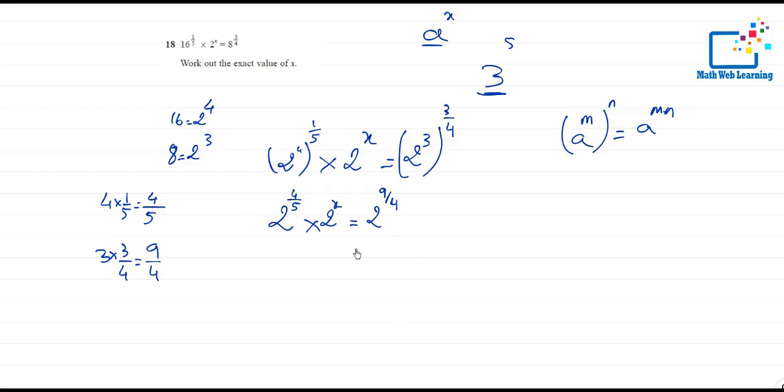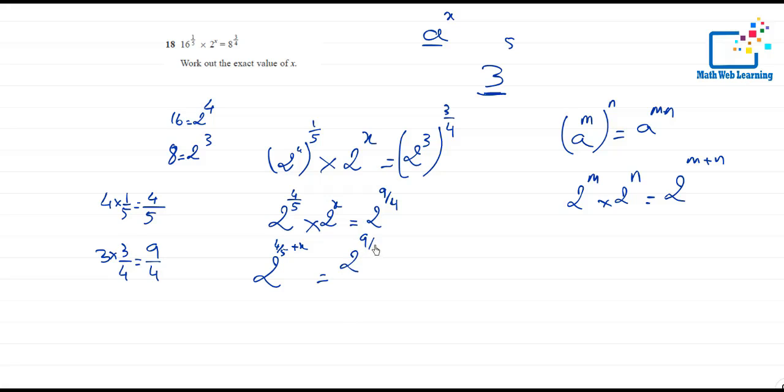Hang on there, we haven't finished. There's still some work to be done. Now I've got all the bases the same as 2. I can go ahead and simplify this. If you have 2 to the power m times 2 to the power n, you add the powers. This is one of the basic first rules of indices you learned in school. So that's what we're going to use here. We've got fraction x, the rules still apply. So we're going to do 2 to the power 4 over 5 add x